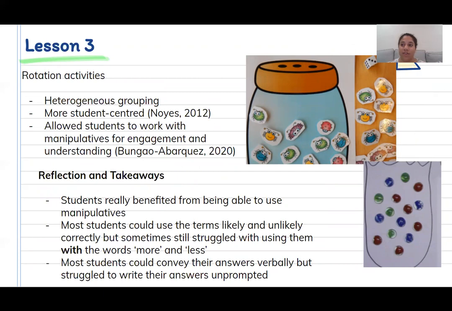So this learning also aligned with the formative assessment conducted previously, where I identified that students would benefit from engaging with manipulatives to aid their understanding in a manner that was more rooted in constructivist inquiry-based learning. So to track how these rotations worked, I took a few anecdotal notes and reflected on the following group discussions with teacher aides and my supervising teacher that took the other groups for that rotation, and then a couple of those rotation activities are just on the slide as well.